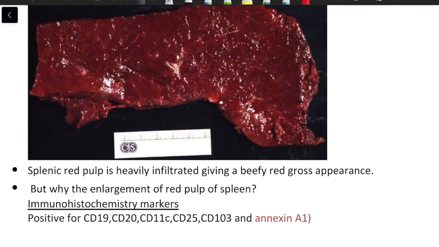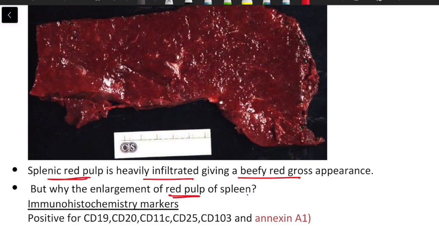Now if I talk about the gross image, you see a large spleen with a very reddish appearance. So the splenic red pulp is heavily infiltrated, giving a beefy red gross appearance, and this leads to the massive splenomegaly. But why the enlargement of the red pulp of the spleen? Like in our earlier videos of lymphoma and leukemia, we always saw a whitish nodular pattern, but here we see a reddish appearance of the spleen. So that is because